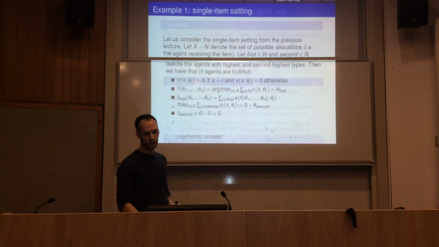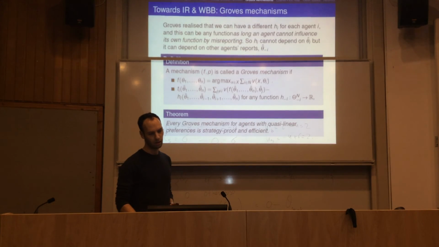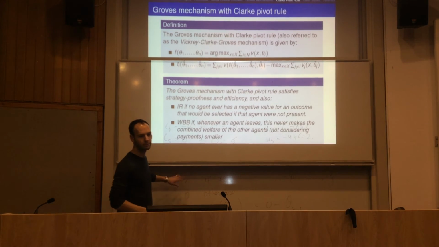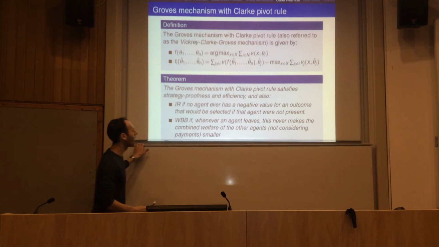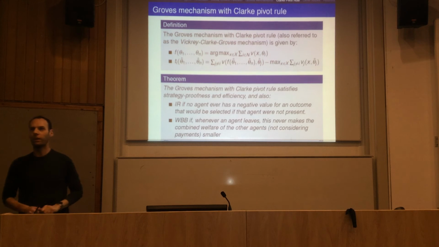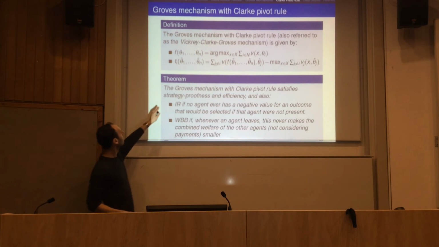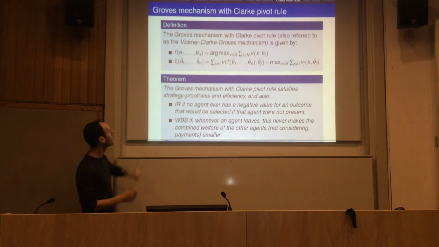So there is a theorem here. You don't have to remember this for the exam. I'm not going to ask you about it, but it's just to give you an idea. So the Groves mechanism with Clarke pivot rule, so the VCG mechanism, is strategy proof and efficient, and also it's